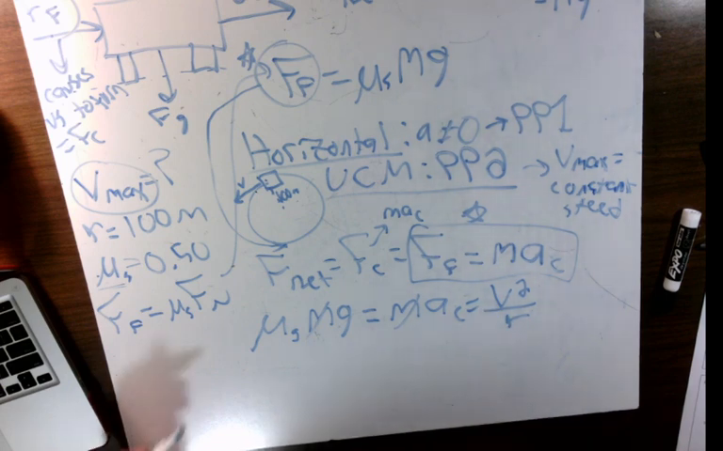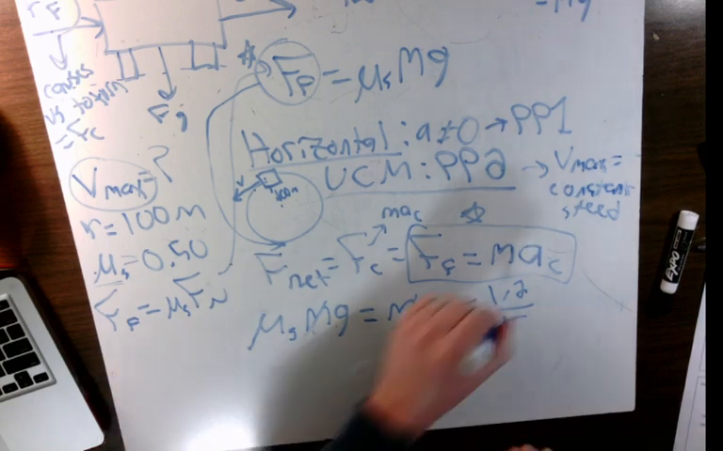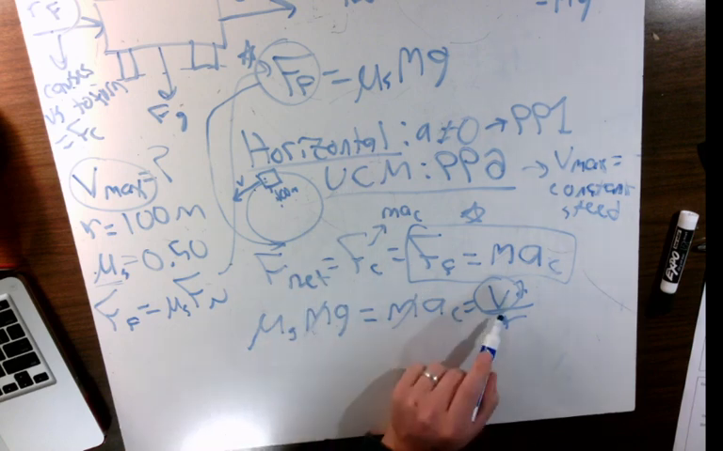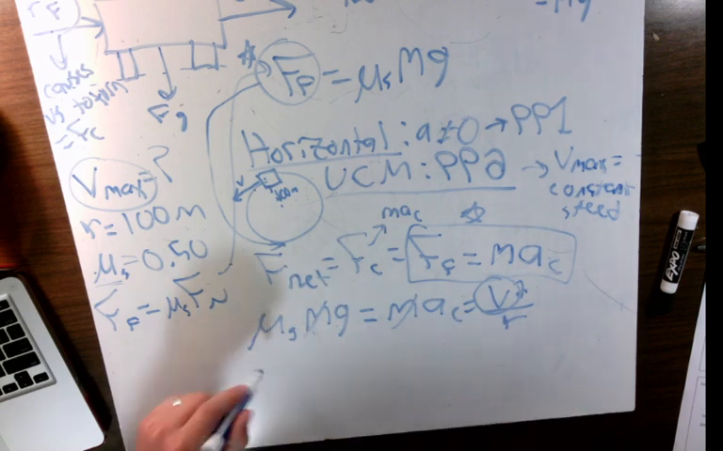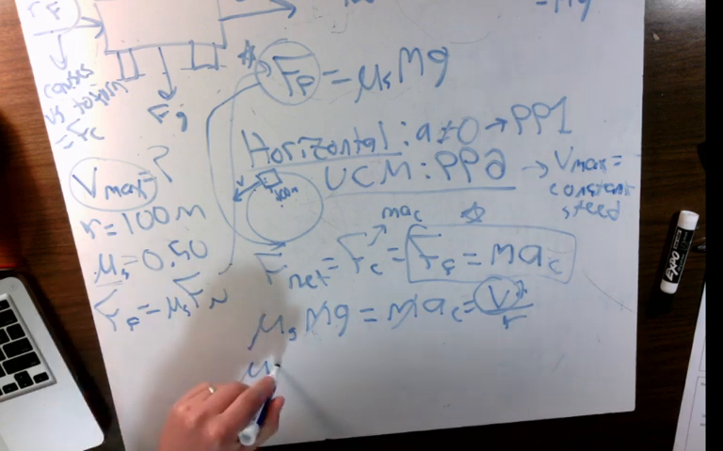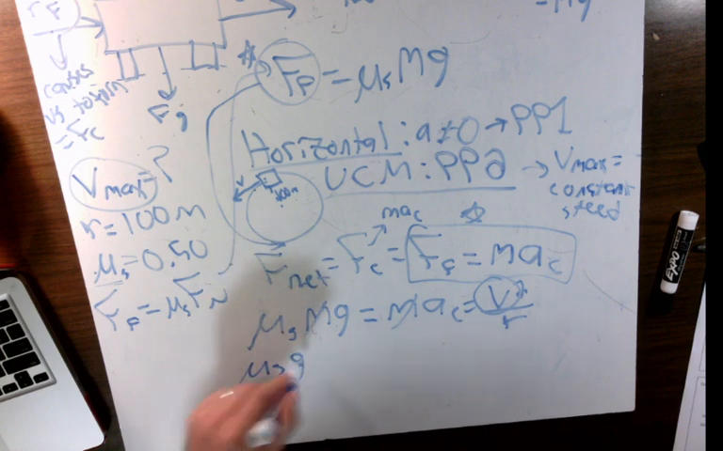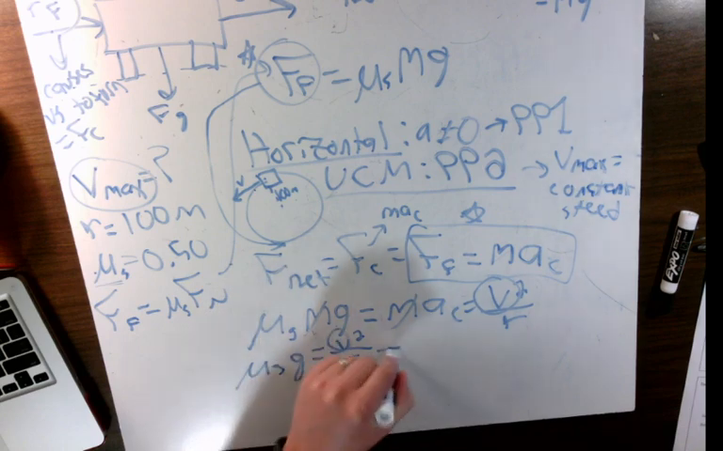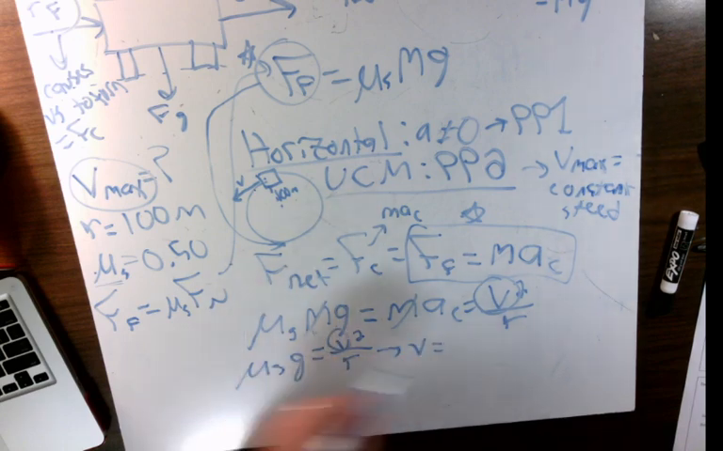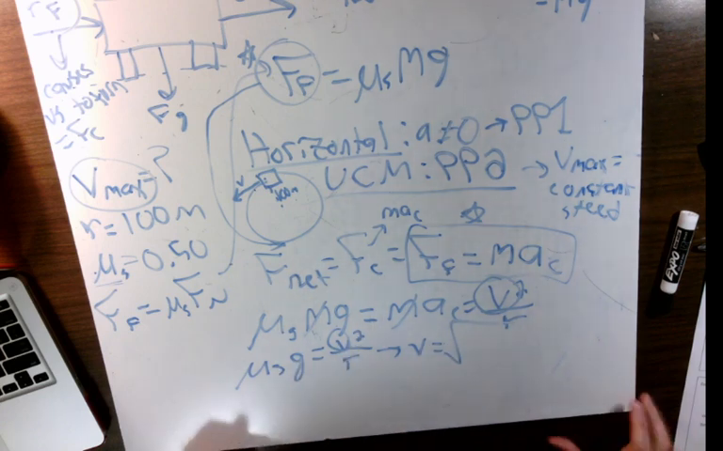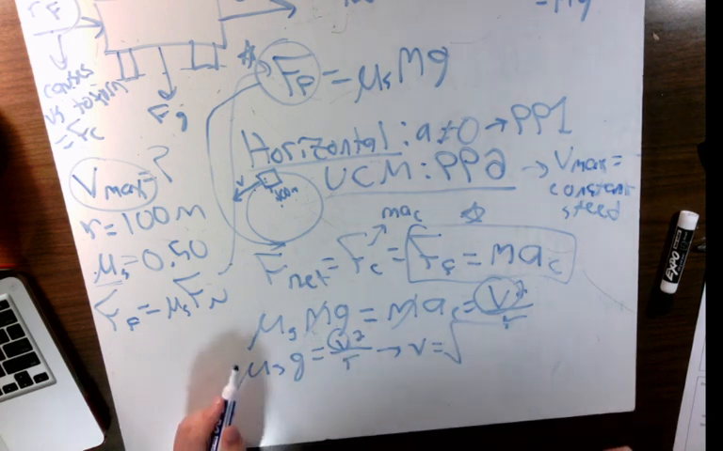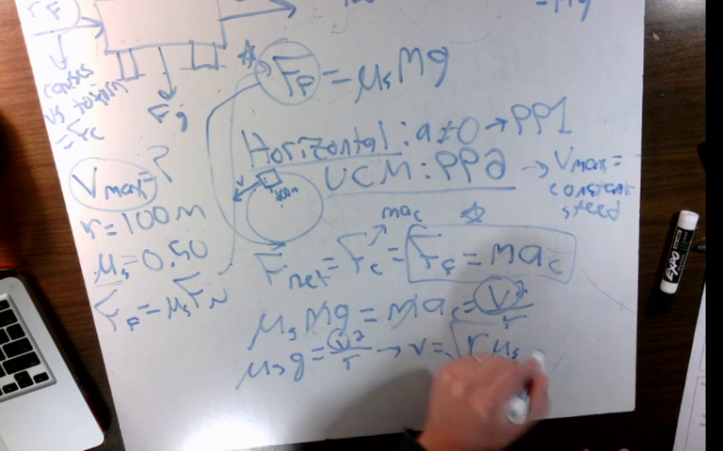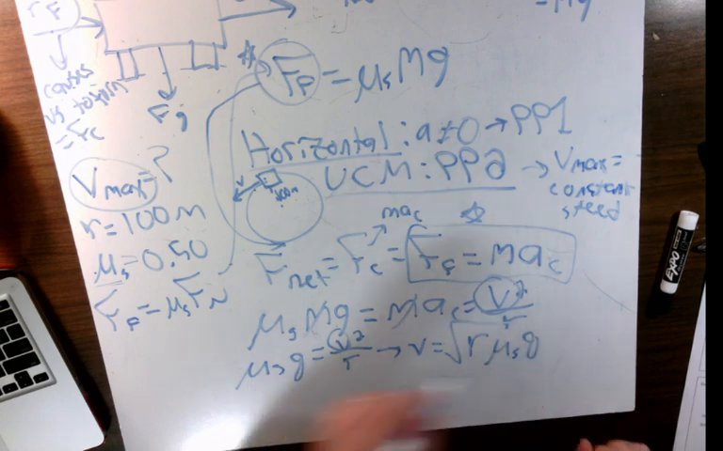So let's just clean this up and write out solving for speed. Our masses have canceled, our acceleration is turned into this. I'm going to write it with everything canceled out. Coefficient of static friction times gravity is equal to speed squared over radius. Solve for speed. We're going to get a square root to get rid of our squared, and we're going to multiply both sides by radius. So radius, coefficient of friction, gravity, and